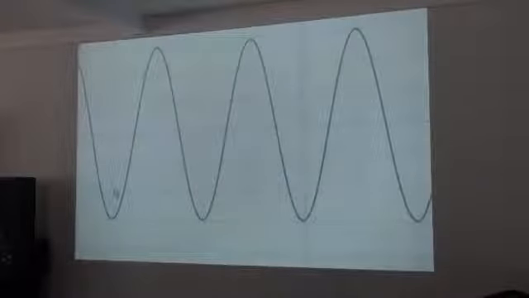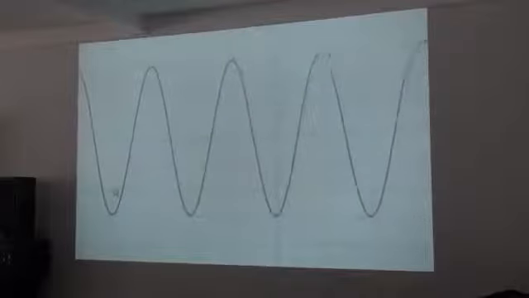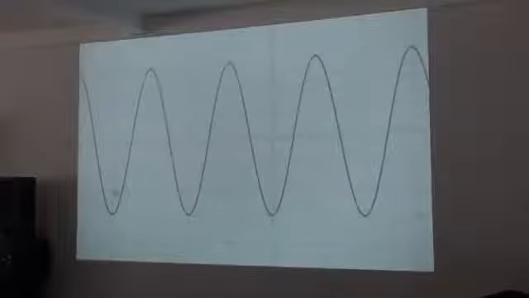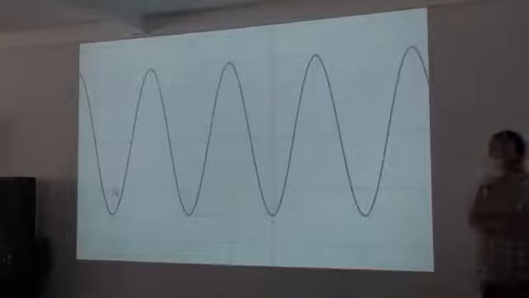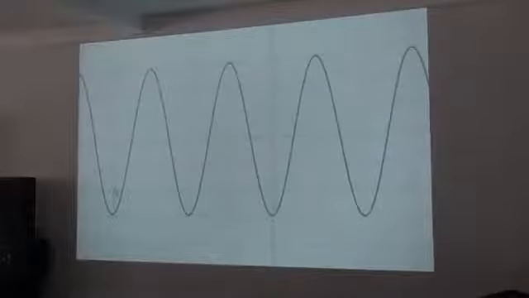Okay, so you can see exactly the peak to the next peak is 2 divisions. The peak to the next peak is another 2 divisions. The peak to the next peak is another 2 divisions. And every division is 5 milliseconds. So the distance between peak to peak is 10 milliseconds. This is 100 Hz.